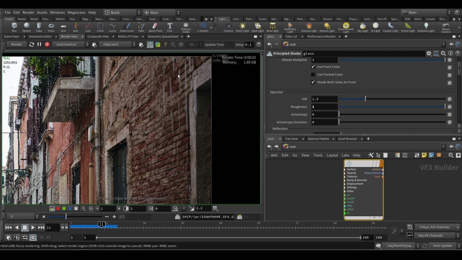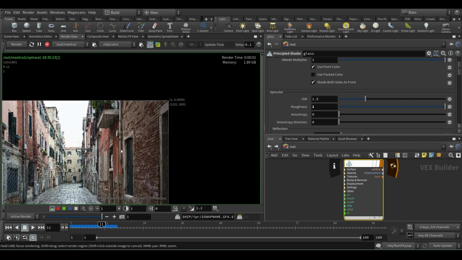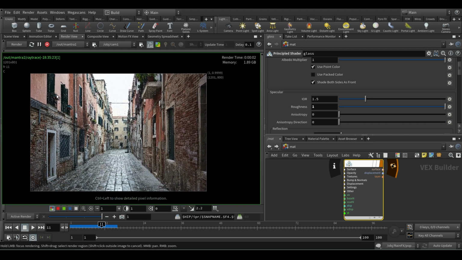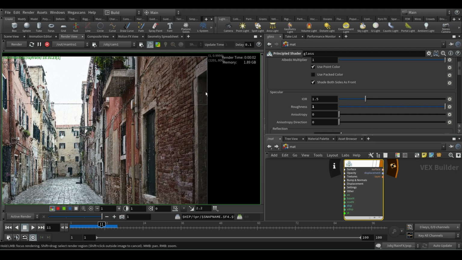And if this is 0, then 0 has more color. And when I kept the roughness at 0.7, then it is more reflective, like you can see through. And if I put very high roughness, then it is very light. So you can play around depending on your shot. So right now I did not render this part, I only rendered this part.